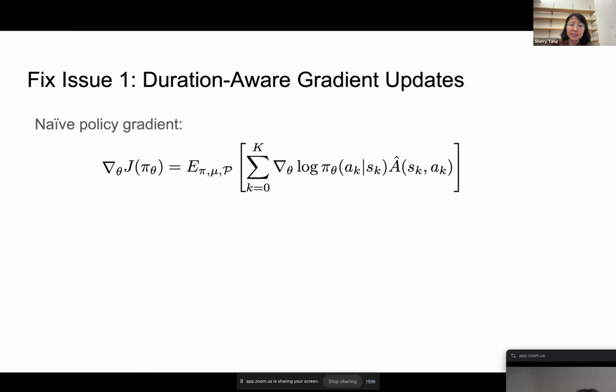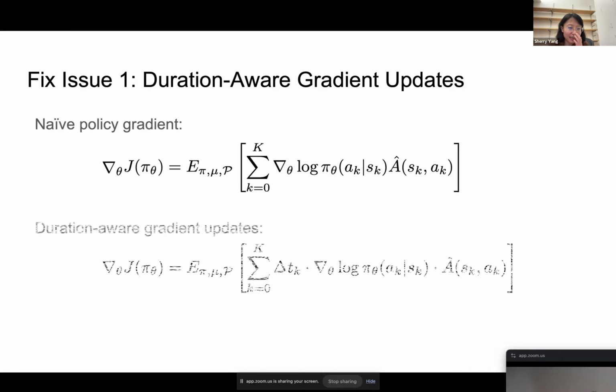So to fix the issue of different actions taking a different amount of time to execute, right? Some of the reason that the model converges to something very fast is because the faster solutions in the distributed RL setting actually get sampled a lot more frequently. So it sees a lot more gradient updates for those fast actions. So it converges to the fast actions. To counter that, we had a very simple algorithm where we just reweight the policy gradient update by the duration of the action.